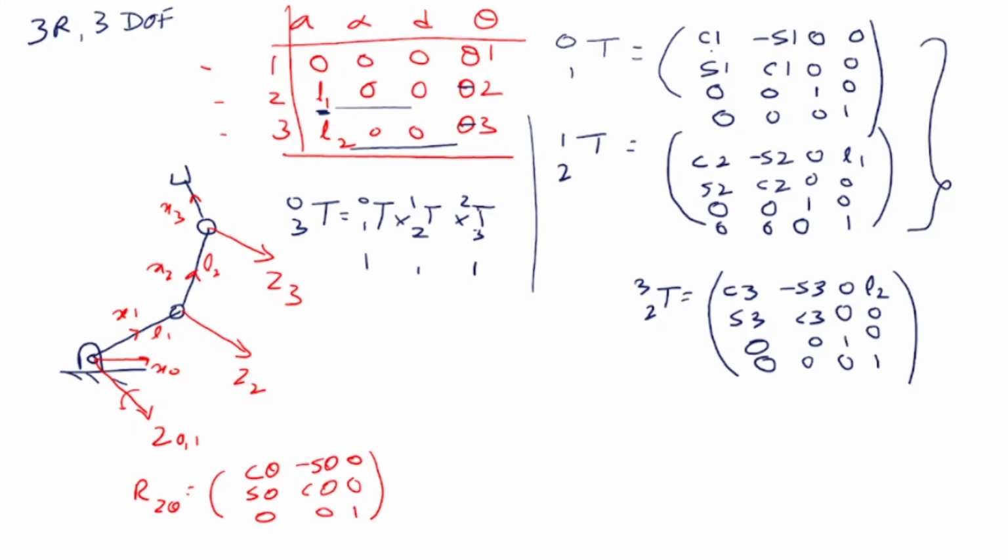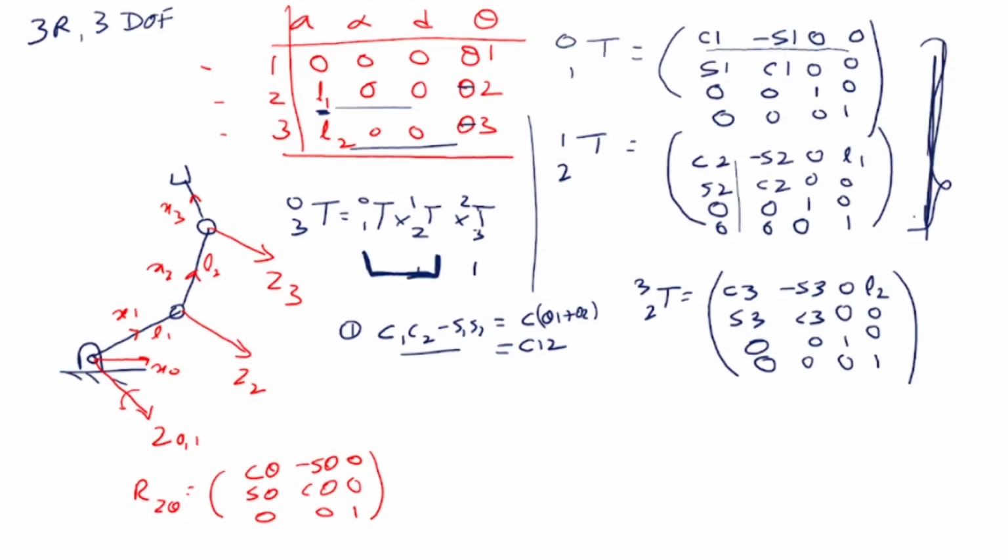So this row into this column, what we'll get is cos 1 cos 2 minus sine 1 sine 2. The first term will become cos 1 cos 2 minus sine 1 sine 2, which is equal to cos of theta 1 plus theta 2. In short, I will write this as cos 12. This is term number 1. So this is what we'll get when we multiply T01 and T12. I'm multiplying these two matrices now.